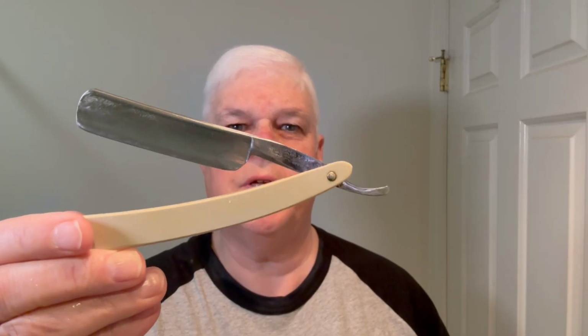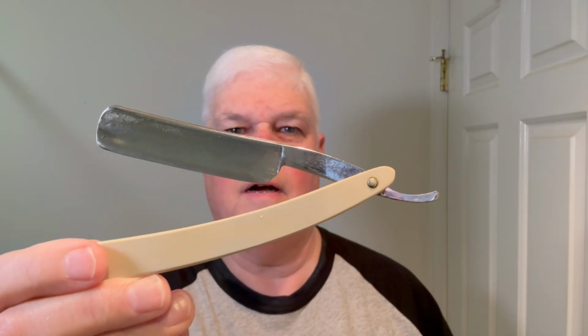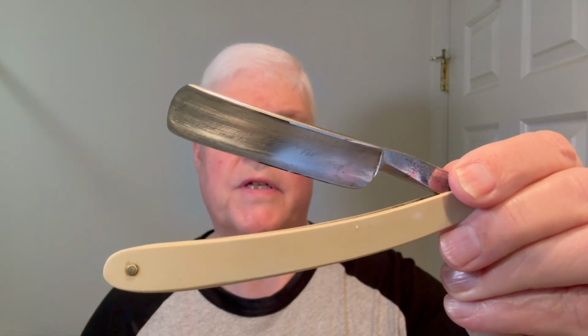Today we'll be testing out the mystery stone from Africa. We'll be testing out the edge that I created on a live stream on that mystery stone on this Genco razor. It's 11/16 round point, pretty much full hollow. And we'll also be testing on the same live stream, I did a